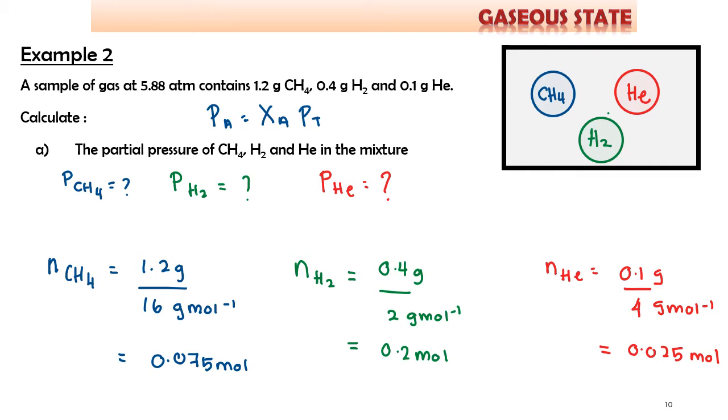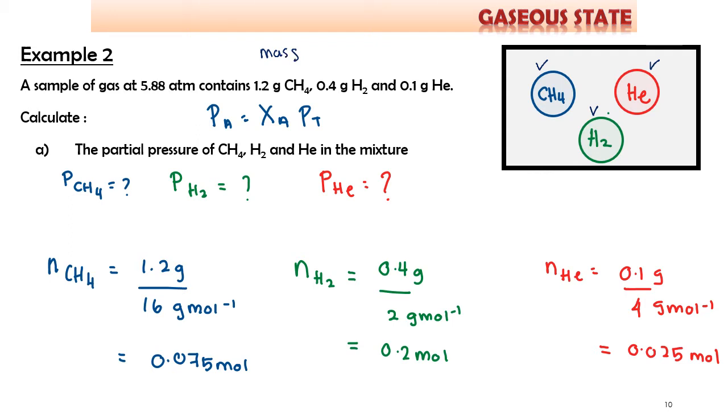For this type of question, if you find it is difficult for you to illustrate, draw the container and then write down the gases that you have in the container. Okay, so in this case you have CH4, you have hydrogen gas, and then you have helium gas. So you need to find each of the partial pressure. So in this case, because you are given with mass,